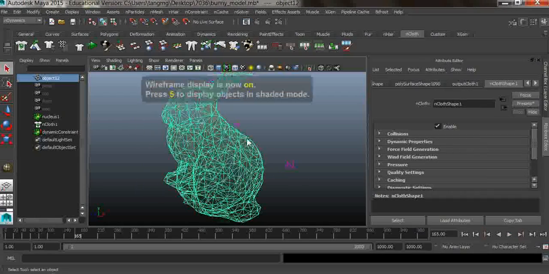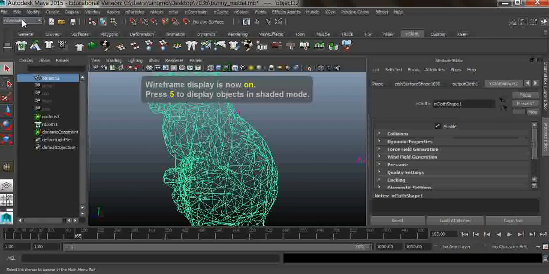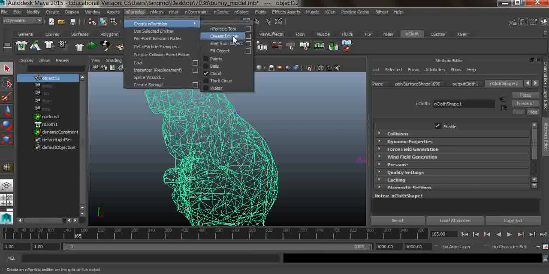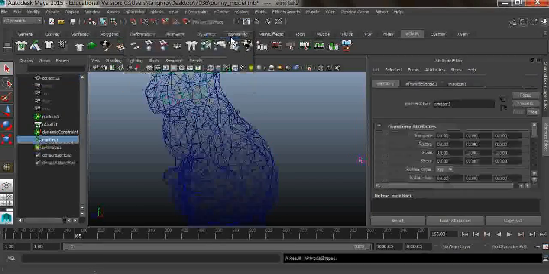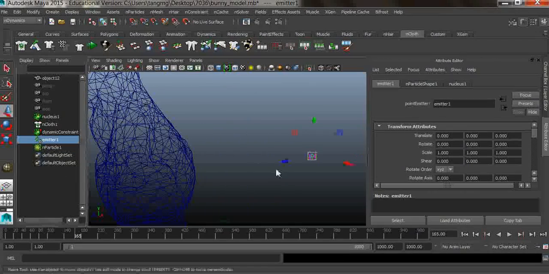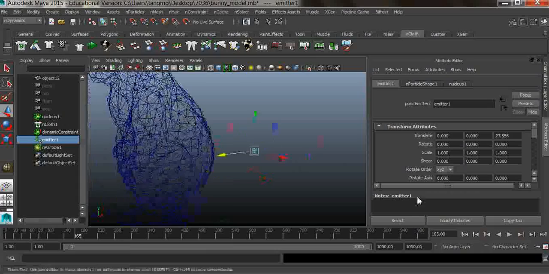Then what I'm going to do is go to nParticles and create a particle. This is actually pretty straightforward. You can create particles based on an emitter, or you can create particles based on an object. So I will do a particle based on an emitter right here. You can see the emitter right here. If I move that and play,